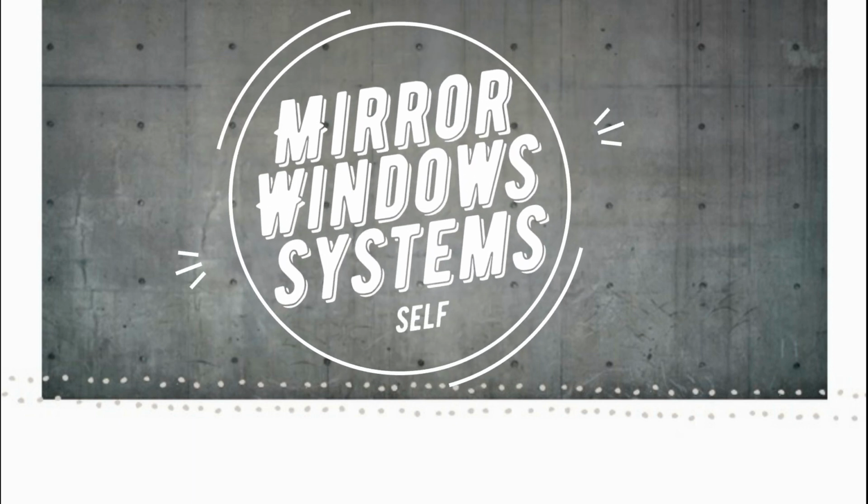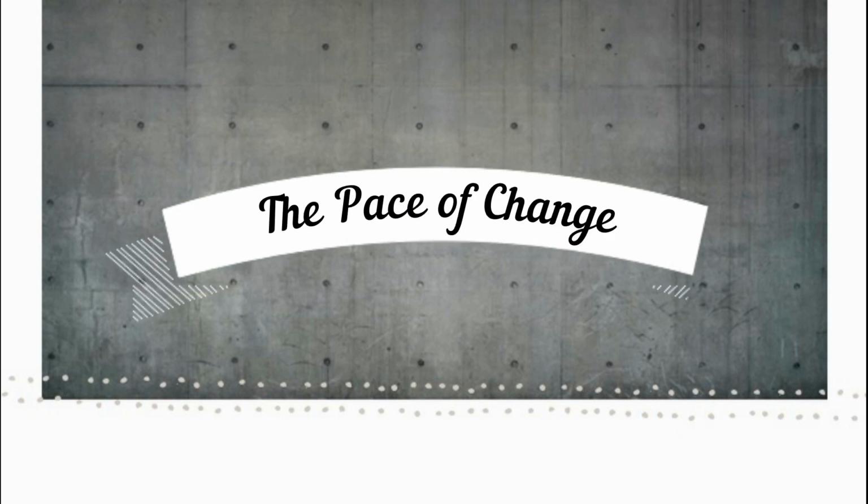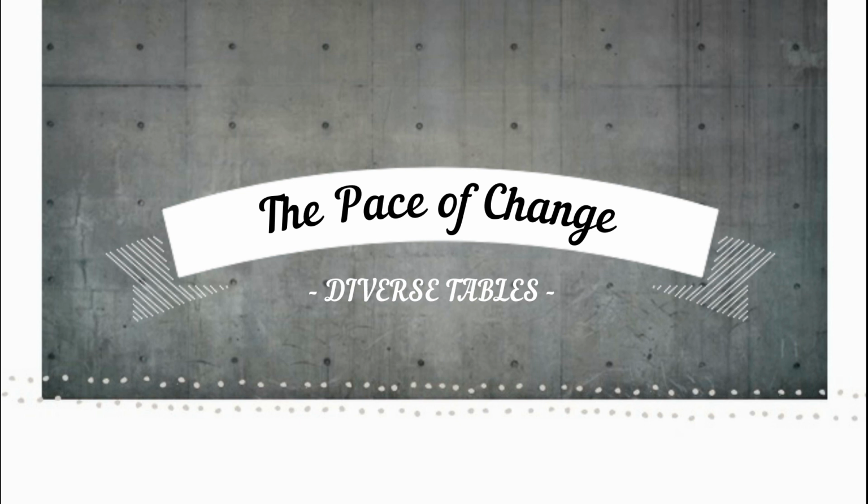Also, since people uphold systems, it calls into question our willingness to change, which is why we have to spend time reflecting on the mirror, window, systems, and self. It for sure is a cycle. Here's another thing to consider. When processing change and the pace of change, let's make sure that the table is very diverse. For example, the older generation tends to appreciate change over time and change that comes slowly. The younger generation tends to prefer immediate change right now.